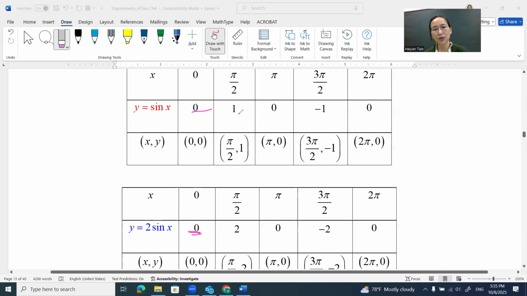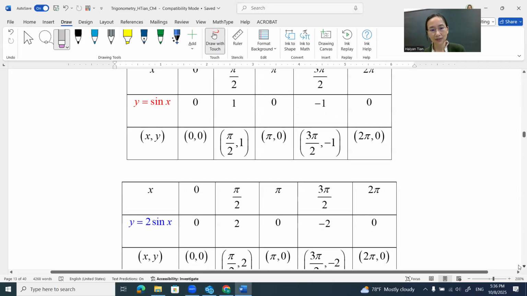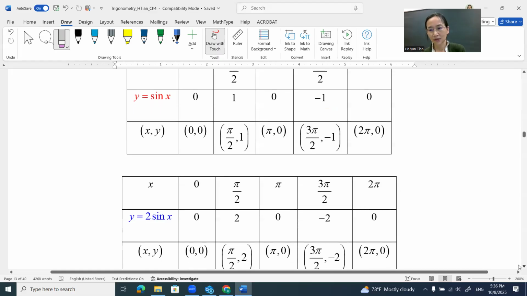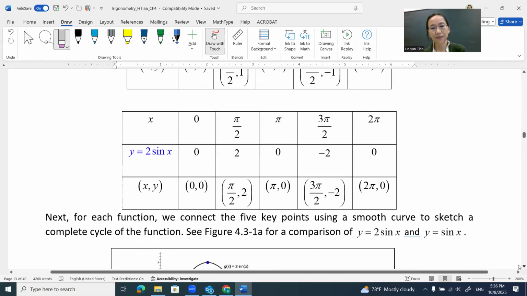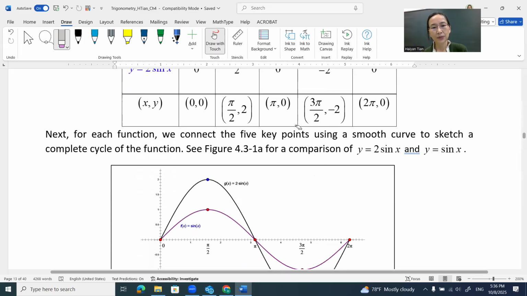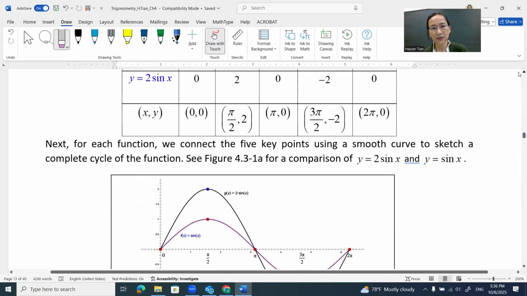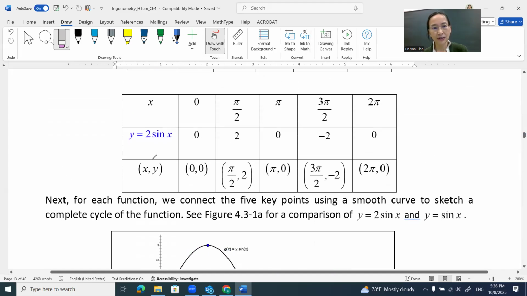So that's still 0, but twice 1 is 2, right? So whenever the function value is 0, twice 0 is not different. Yeah. And twice the -1 is -2. So for the new function, the y value will be twice that of the old function, corresponding to the same x. So if we put these 5 points of the new function, here indicated in blue,